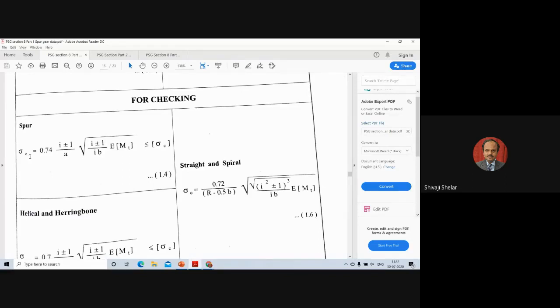Sigma C is equal to 0.74 times (i plus minus 1) upon a, where a is the central distance, times the square root of (i plus minus 1) upon i b, into E, the value for the material, and the design torque. It should be less than the maximum permissible sigma C value. By taking this formula, we are going back to the presentation,